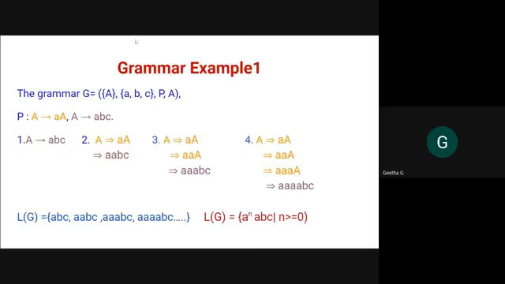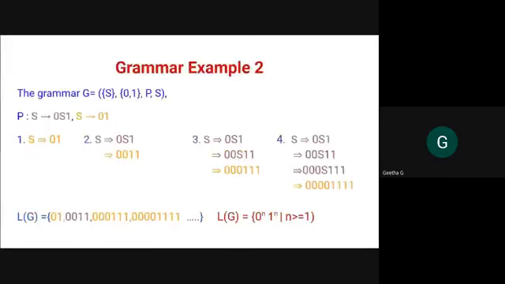Okay, too good. We'll go for the next example so that you can understand even better. So you see here, the next grammar I had defined. A grammar is defined with 4 tuples: non-terminals, terminals, productions, and start symbol. In the example, what is the non-terminal? Type it in your chat box.